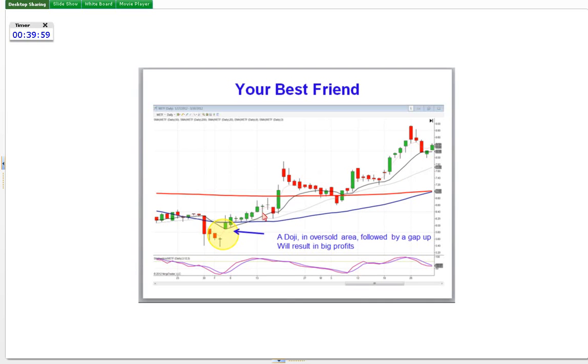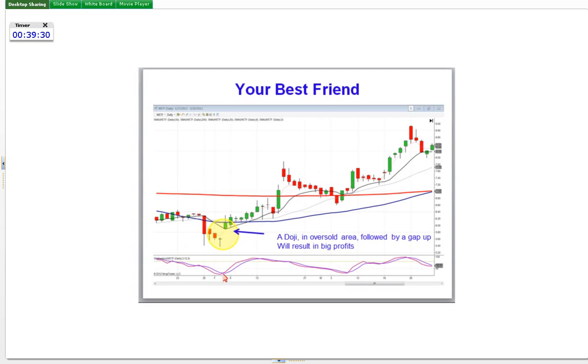If you see a candlestick buy signal in an oversold condition, start watching for a trend reversal. If you see a candlestick sell signal in the overbought condition, start watching for a trend reversal. But your best friend, and this is the strongest and probably most profitable high probability trade, if you see a Doji in the oversold area followed by a gap up,